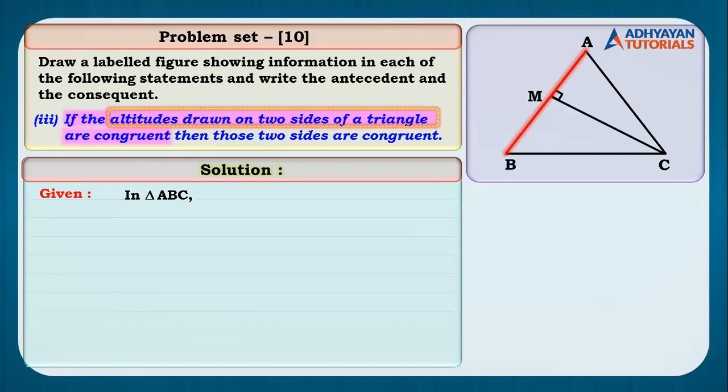लेकिन अगर आप पढ़ोगे वो highlighted part question में, if the altitudes drawn on the two sides of the triangle are congruent, मतलब हमको altitudes कितनी sides पे draw करना है? 2. So I select one more side randomly, children. जैसे यहाँ पे हमने select किया segment CM को, which is perpendicular to segment AB, such that if you see it in the figure, M lies between A and B. So हम लिखेंगे A-M-B. अच्छा, इसका उल्टा भी लिख सकते थे आप, B-M-A, right?